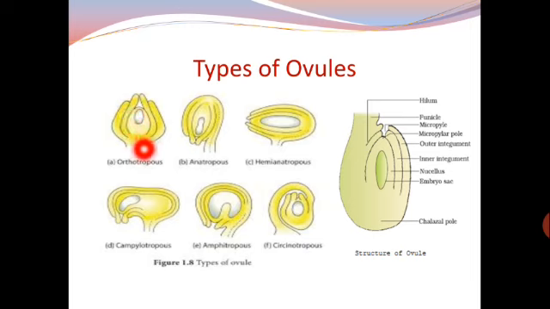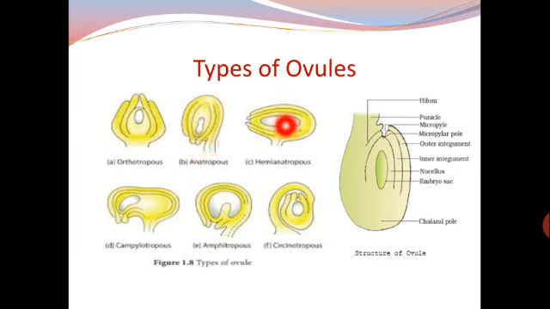You can just see over here. So this is where the body of the ovule is straight, so that the chalaza, where the nucellus and the integuments merge, the funicle which attaches the ovule to the placenta, and the micropyle are all aligned in the same line. And anatropous, as you have seen, is inverted. It is completely inverted during development, so that the micropyle lies close to the hilum.